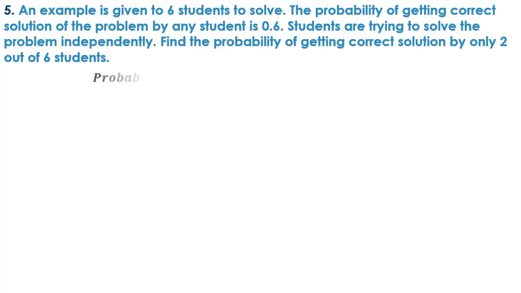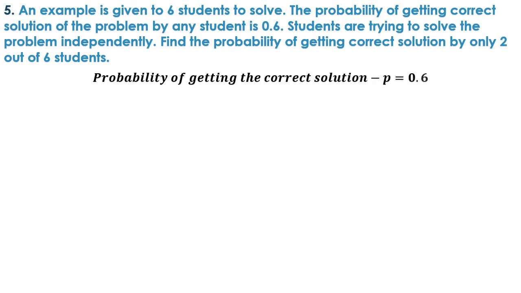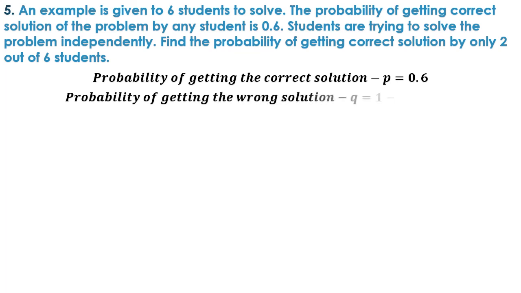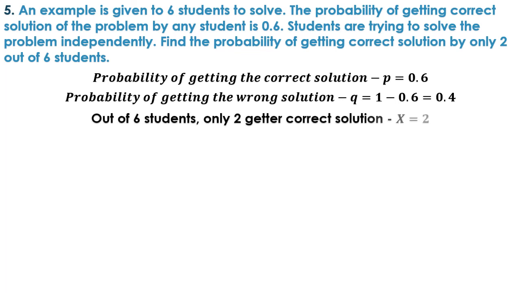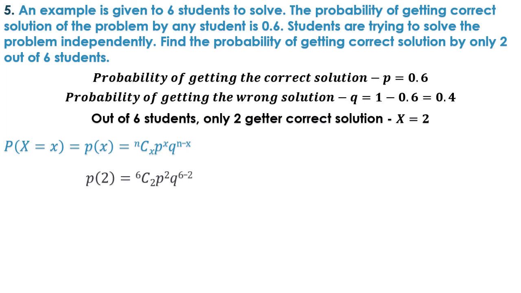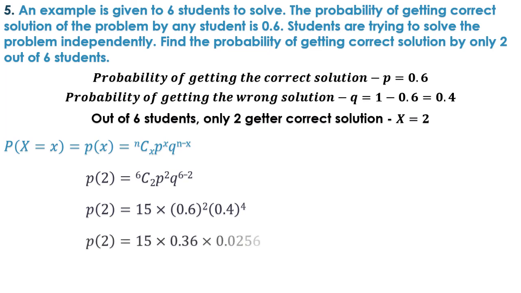First of all, the probability of getting the answer correct is p, 0.6. That means similarly not getting it correct, that is getting it wrong, that is failure, 1 minus 0.6, 0.4. And also we know that out of 6 students we have to get 2 students to get the right answer, so x is 2. Putting all these things in our equation of nCx p raised to x q raised to n minus x, we get 6C2 p raised to 2 q raised to 6 minus 2, and putting the values, 6C2 is 15, into 0.6 raised to 2, 0.4 raised to 4. 15 into 0.36 into